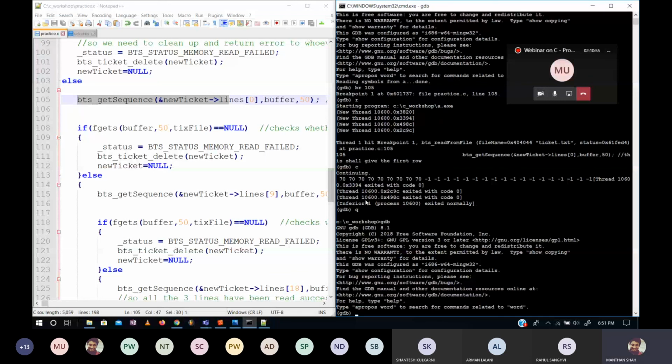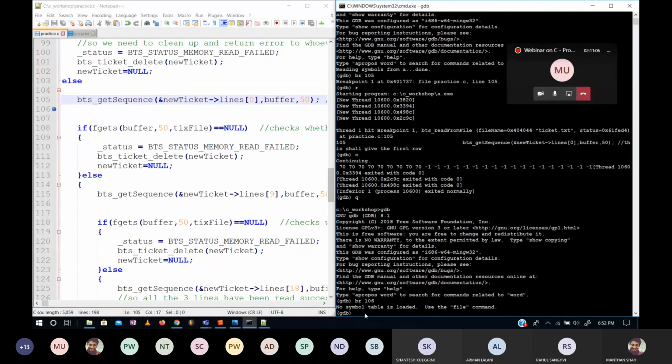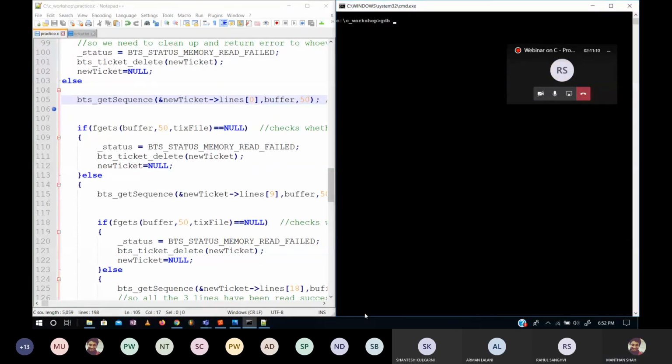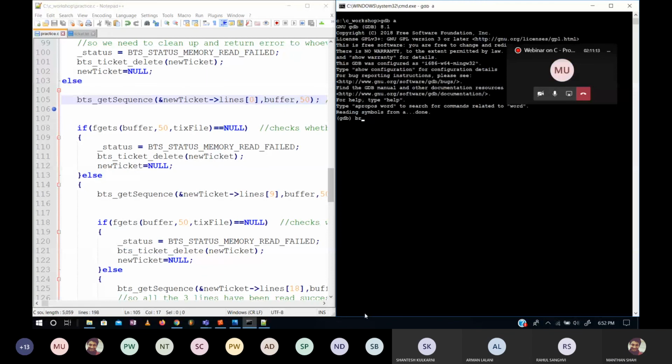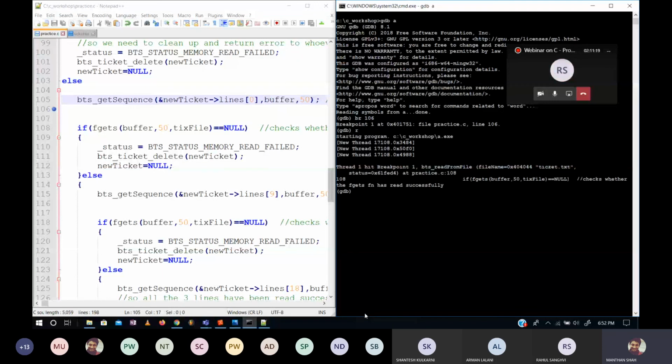So I'll just start this again. This time I'll break it at 106 because मुझे इसका output देखना है BTS sequence का. What happened? Okay, wait. Breakpoint added. Start the execution.